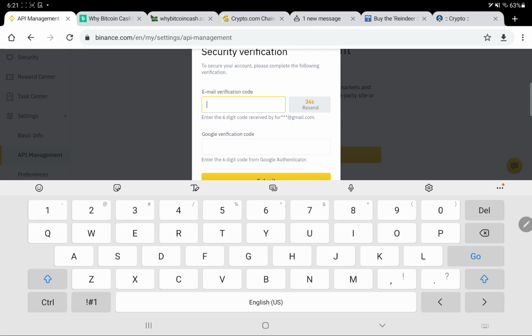Yes, we received a code, 764158, and we'll take the Google Authenticator.